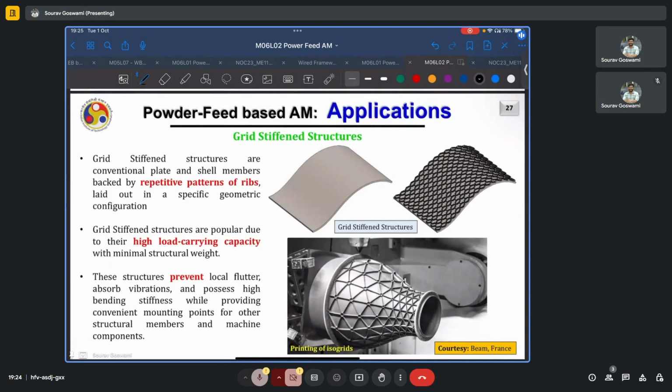An upcoming application is that of grid stiffened structures. So grid stiffened structures are conventional plate and shell members backed by repetitive patterns of ribs laid out in a specific geometric configuration. Grid stiffened structures are popular due to their high load carrying capacity with minimal structural weight, or in other terms, high